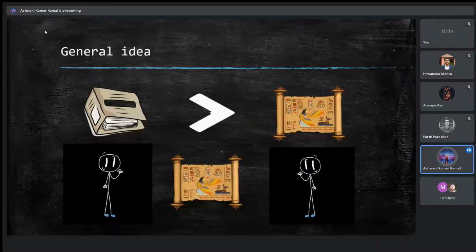So the general idea is, let's say you have a very big file of data, and there's a very large amount of redundancy present. We'll be converting it into a new notation, and then we'll be sending this. There'll be two agents involved: the encoder and the decoder, the sender and the receiver, and both of them will be working with a common paradigm, a common algorithm. The job of the encoder will be to convert this big file into a very light paper, with the algorithm also, a way to decode it, and we'll send both of these things to the decoder at the receiver's end, and then we'll be decoding the message.